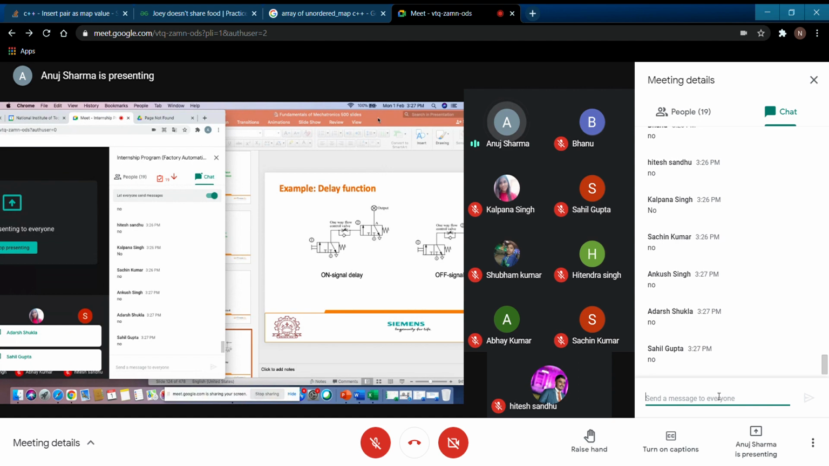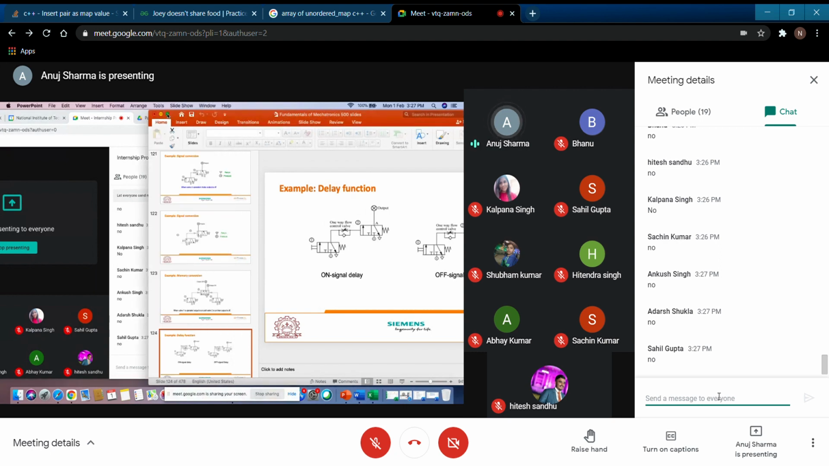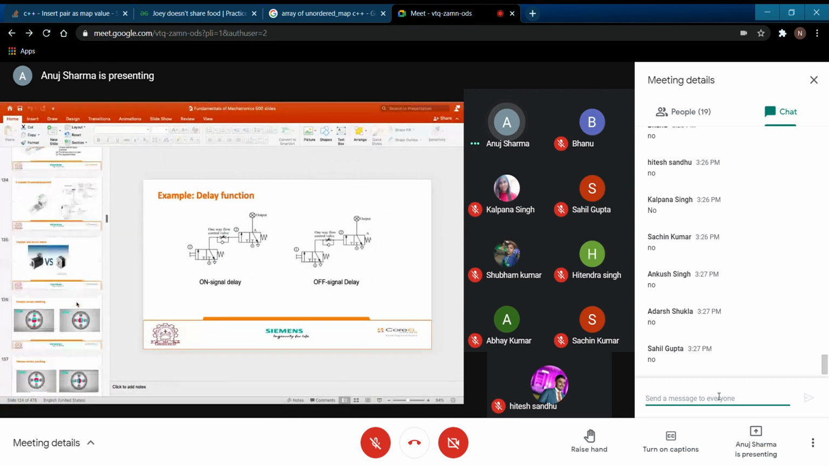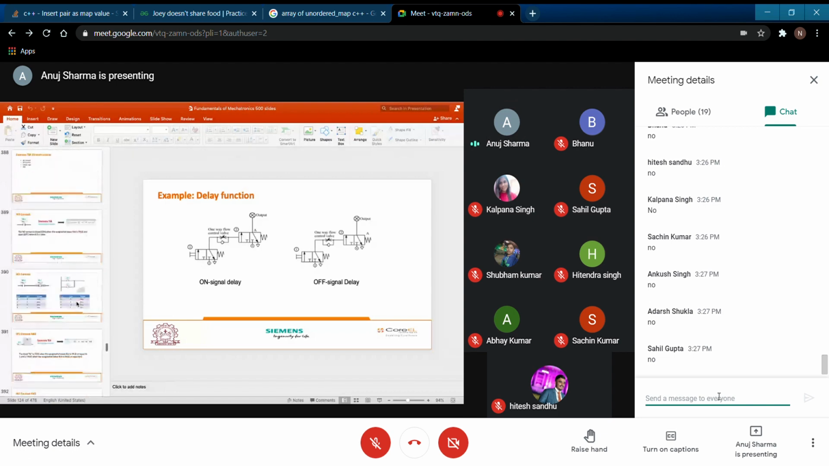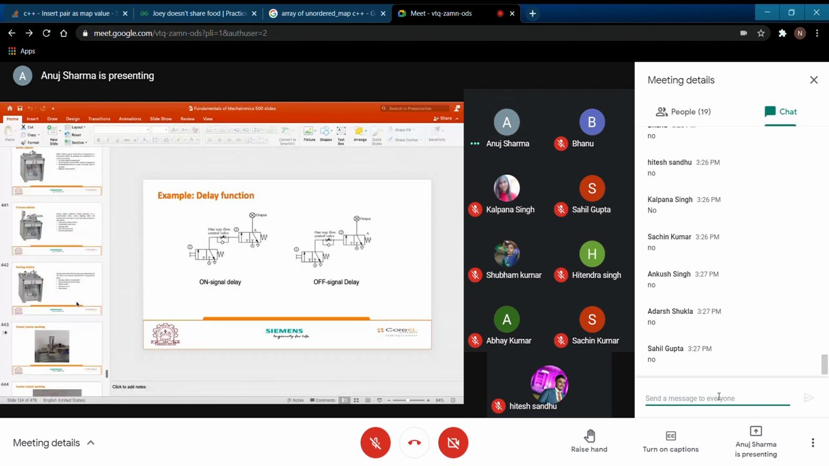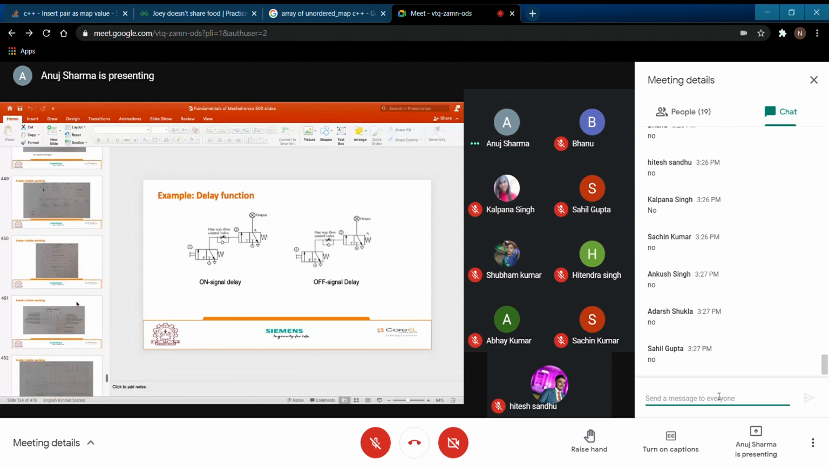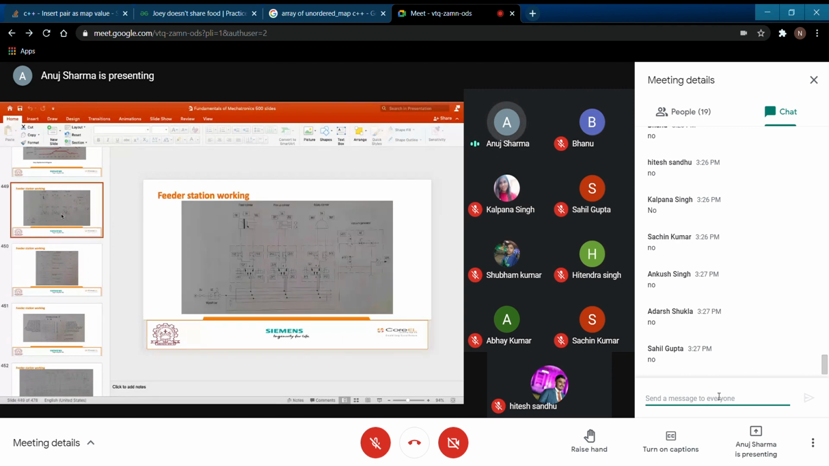But when they collectively come into a particular integration, then situations become a little bit tough. Then you need to understand how a particular flow is moving. Just to show you the example, I think I might have some example of a feeder station here. Yeah, so this is the example of our feeder station working. You can see,